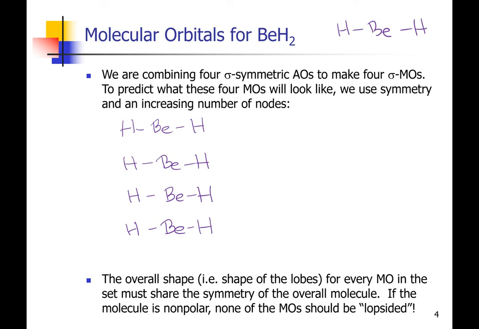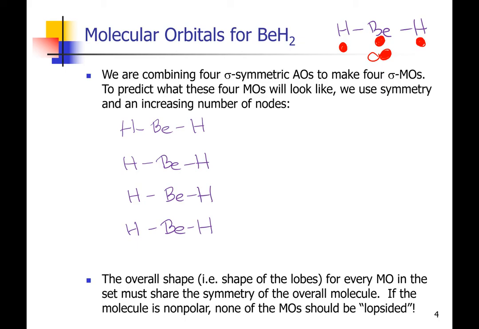Well, on our beryllium, we have a 2s, and we have a 2pz. Those, of course, are both centered on the beryllium atom. And on our hydrogen, we have a 1s, and on our hydrogen over here, we have a 1s. So if I wanted to take a selection of those atomic orbitals and combine them to make a molecular orbital